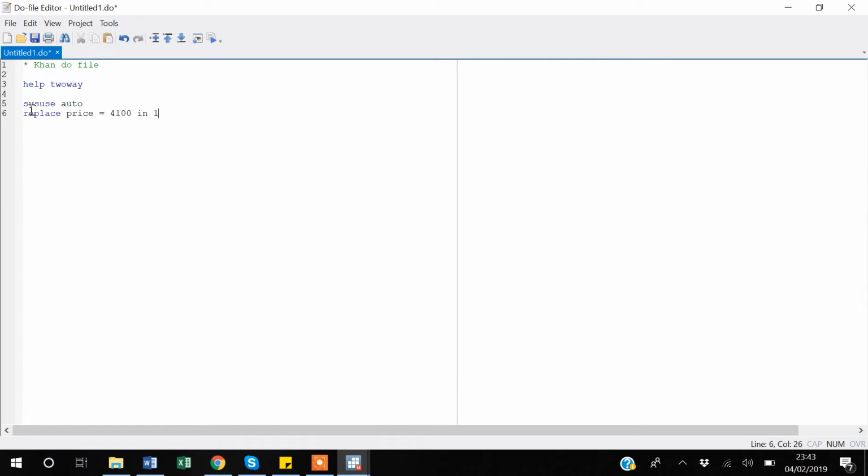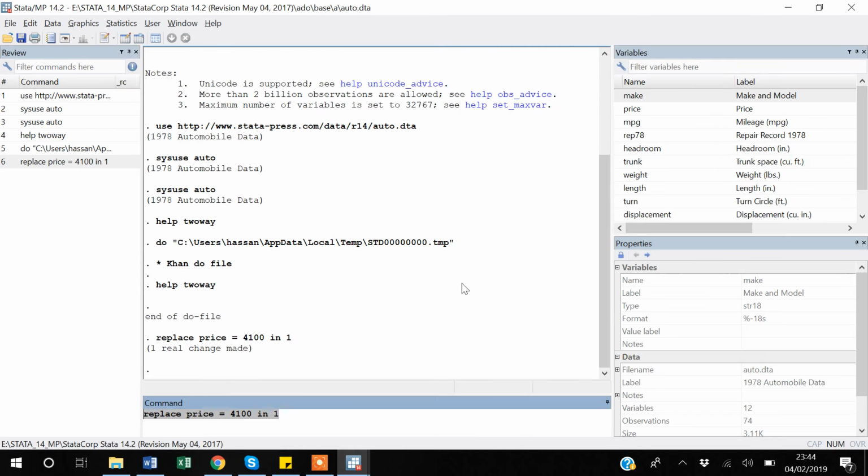I wrote down sysuse auto because I have to tell Stata to first load the sysuse auto dataset, and then replace price is equal to 4100 in line 1. Secondly, whenever you make a do file, it's better to write down clear. What clear does is that it clears everything from these windows. So it will clear the data set,